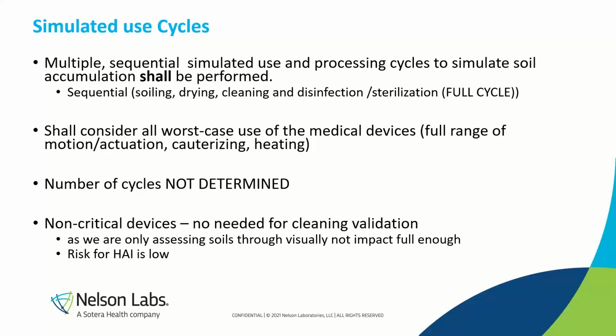Now, something that was not expounded upon in ST98 is the number of simulated use cycles that are required prior to the cleaning validation. The FDA guidance document does not give a number either. The number that is the current recommendation and is currently we've seen be accepted is 6 simulated use cycles prior to a cleaning validation. This topic was discussed in ST98 thoroughly, and a number of simulated use cycles was added to the document, then removed multiple times, and then it was ultimately decided not to